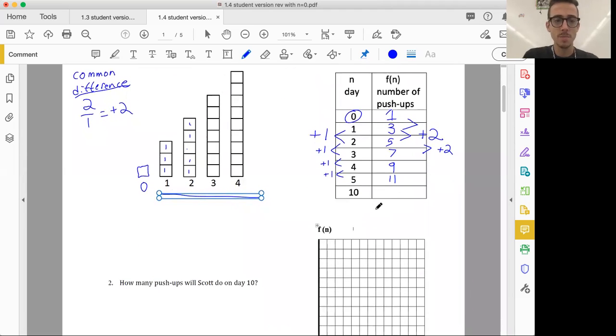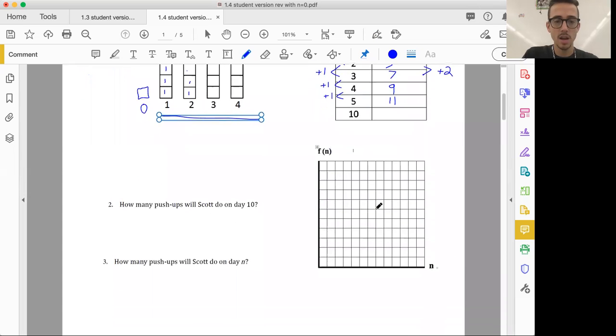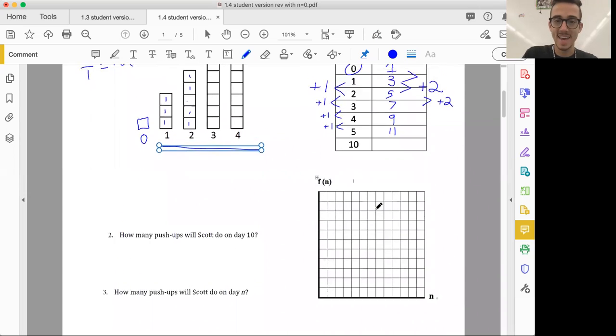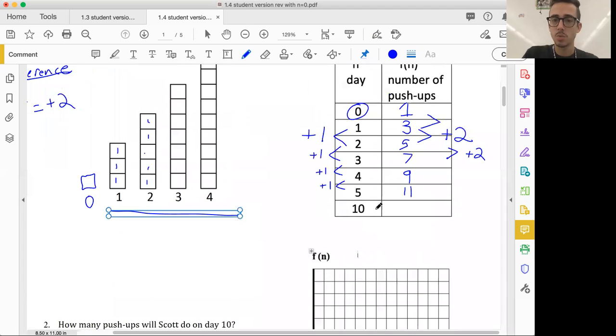The next question is, how many push-ups will Scott do on day 10? And then how many push-ups will Scott do on day N? All right, so we're starting to piece this together, eventually snowballing it to 10 days. You have the option to just keep drawing this out, for the 5th day, 6th day, 7th day, 8th day, but I think we're better than that. So let's break apart this work that's right here, because I think if we look closely, we can start to get our equation, or maybe think this out in words too, where no matter what,